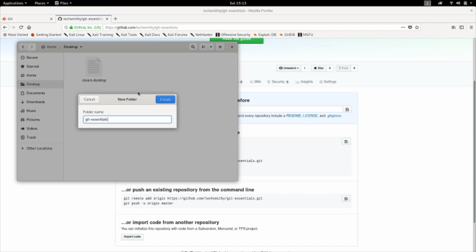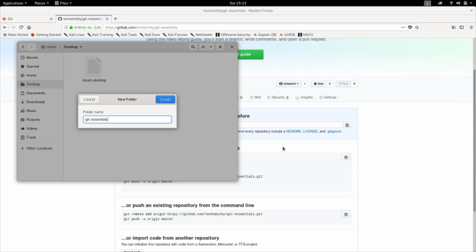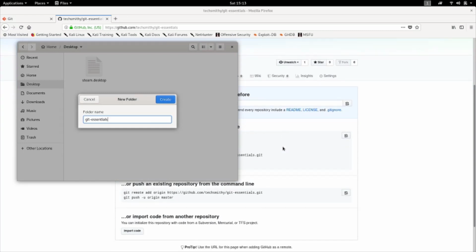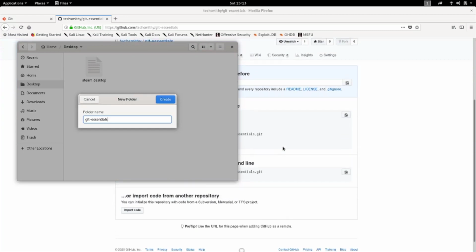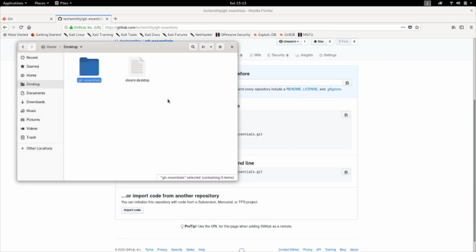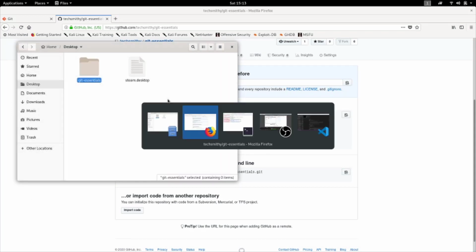Make sure that this name is equal to your remote repository name. Let me verify that. Okay, git essentials folder. Now this is a folder.